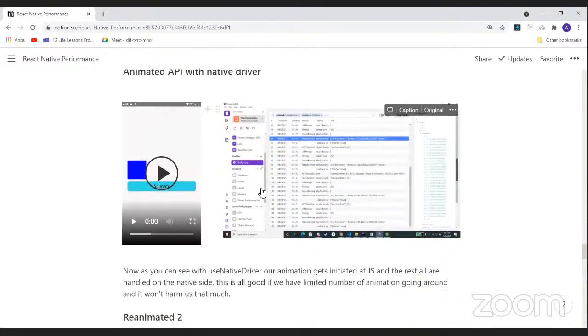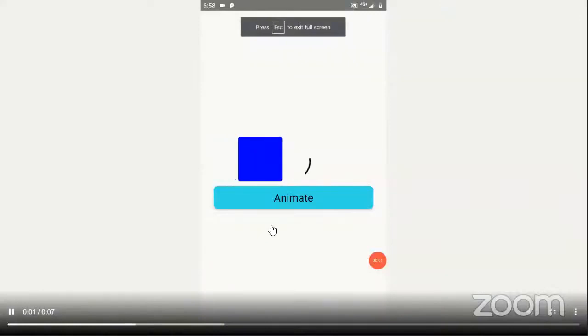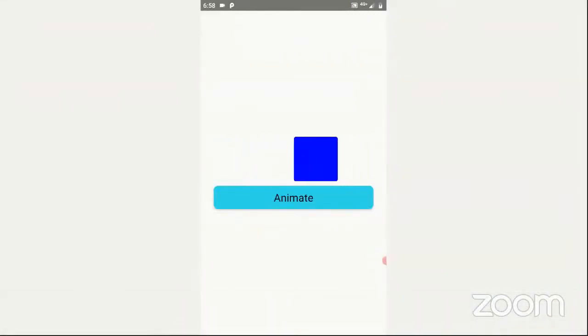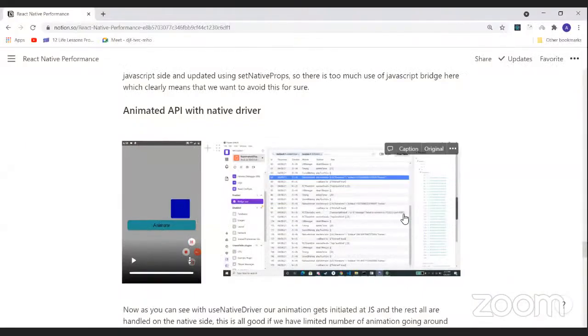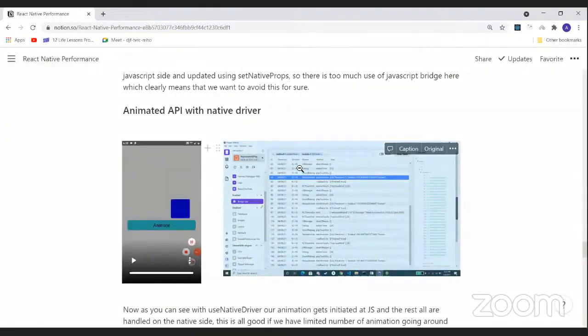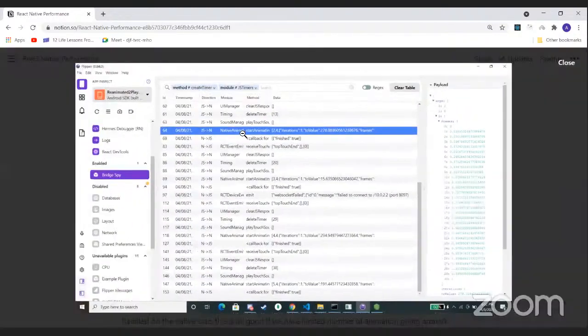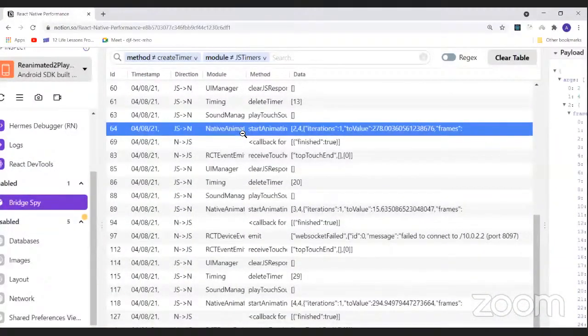Now coming to the Animated API with native driver, again the animation was quite smooth, but on Flipper you can see that no calculation has been done on the JavaScript side.